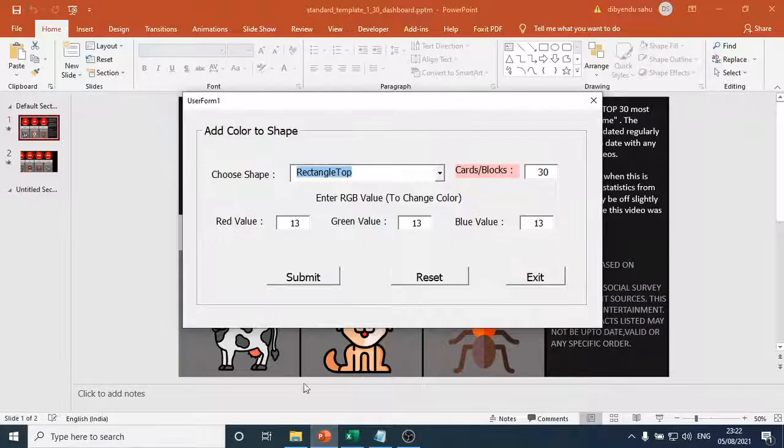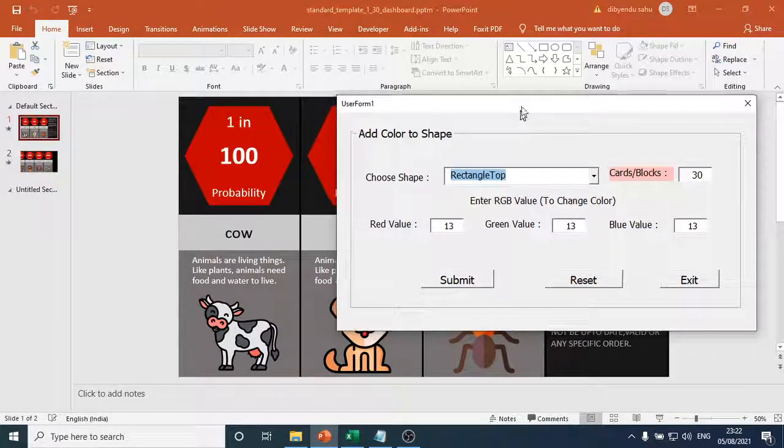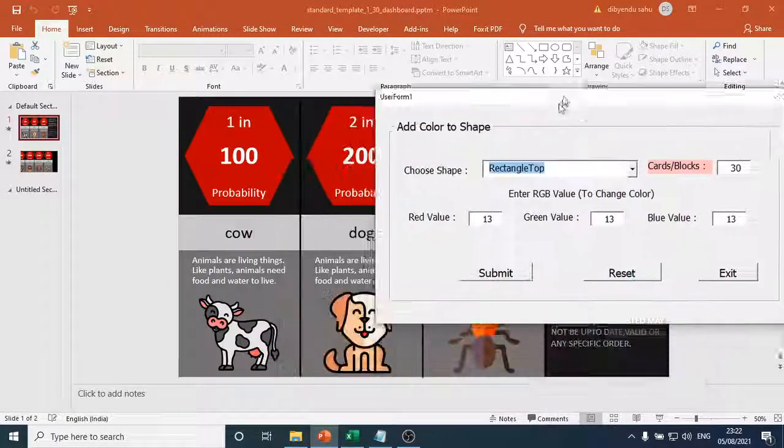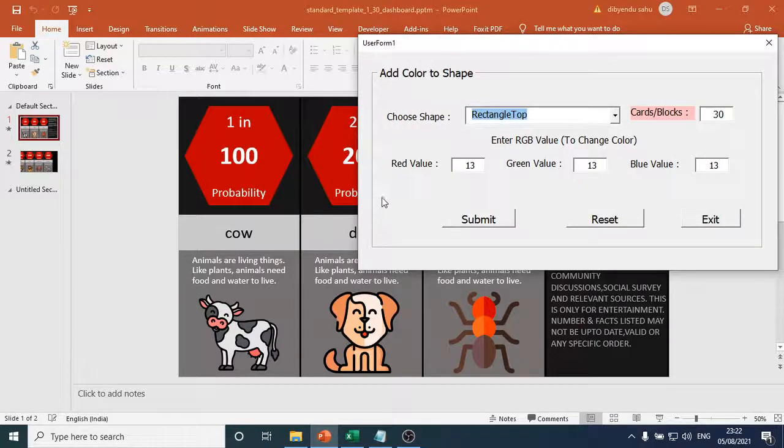Then go to presentations. There is a dialog box and you can control everything from here. Okay, first remember, the first thing is card or block. This is the 30 blocks or cards presentation, and it will select a default.